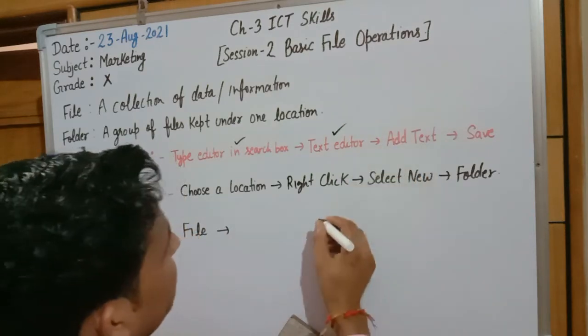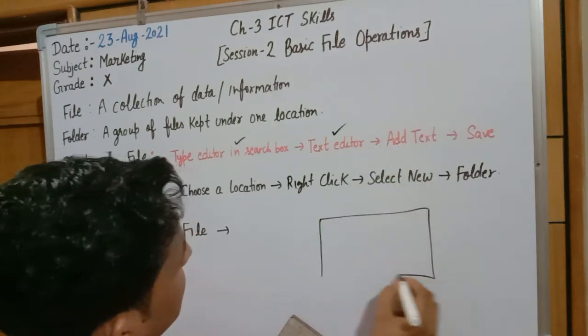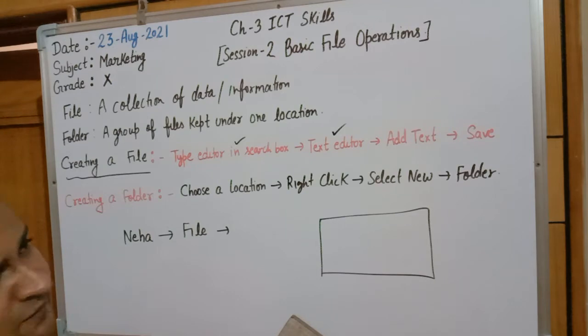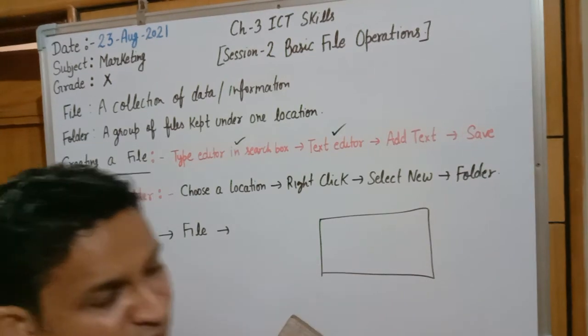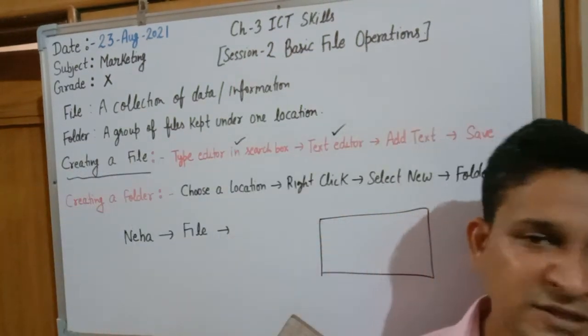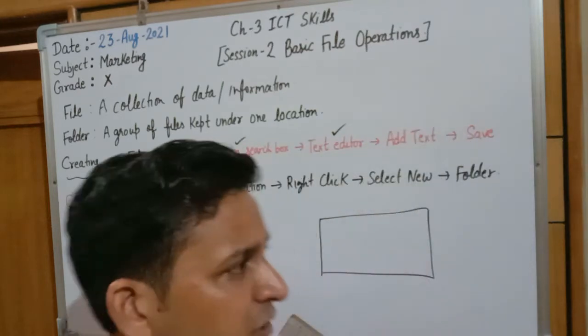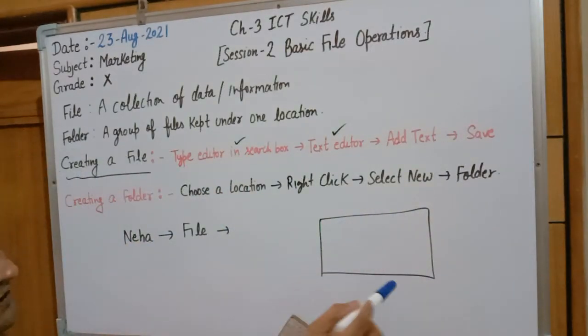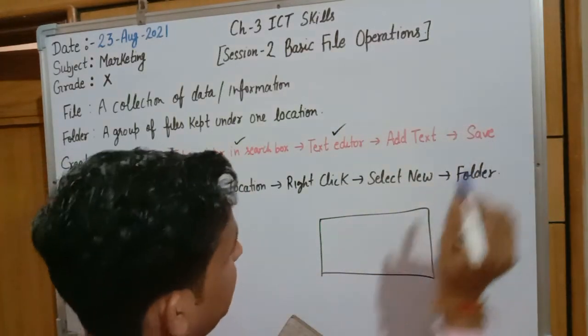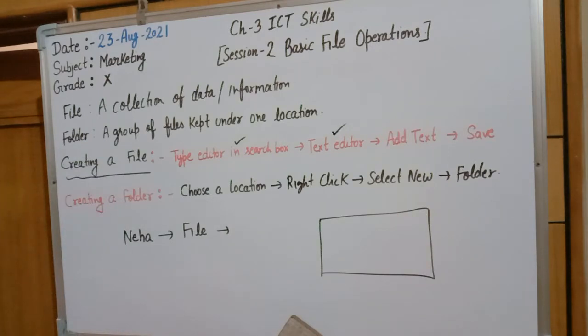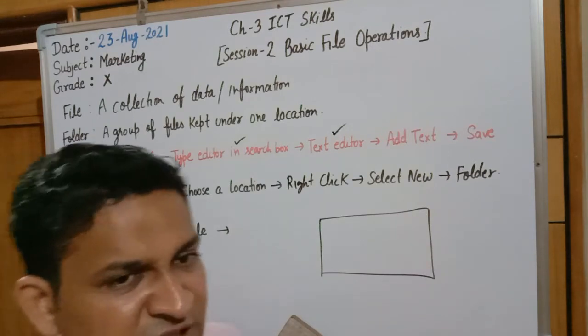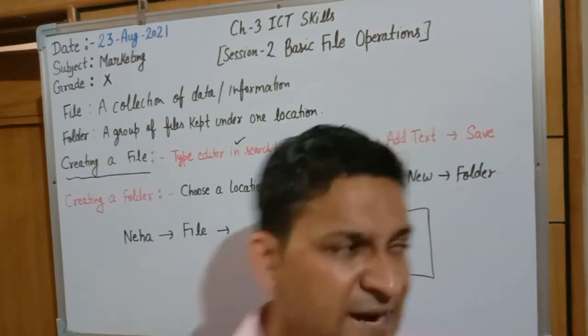In the text editor option, a window will appear. She will enter the text in that window. She will add the content she wants to add, either a table, a list, student names, or numeric values. She will enter everything. Afterwards, she will save it. So how will the file be saved? To save a file, just click on the file option and select save.